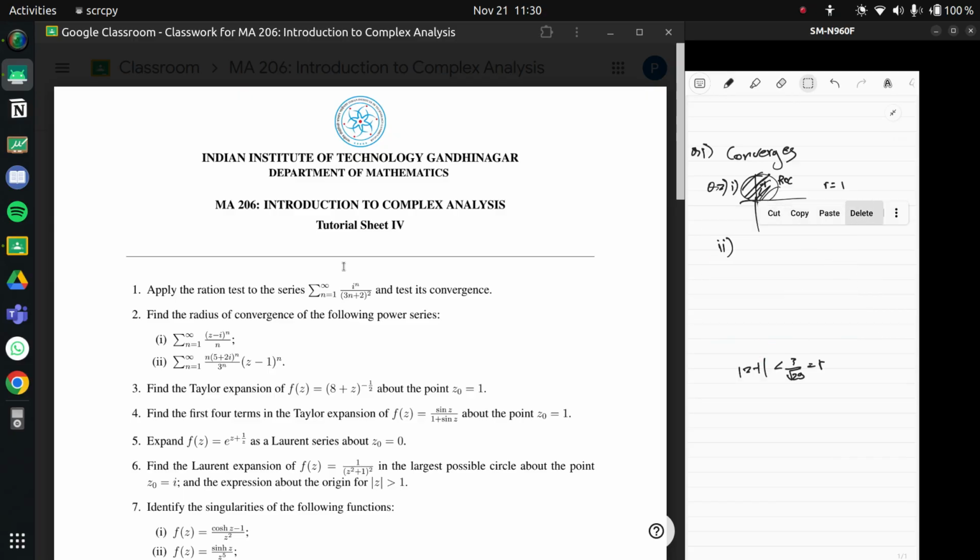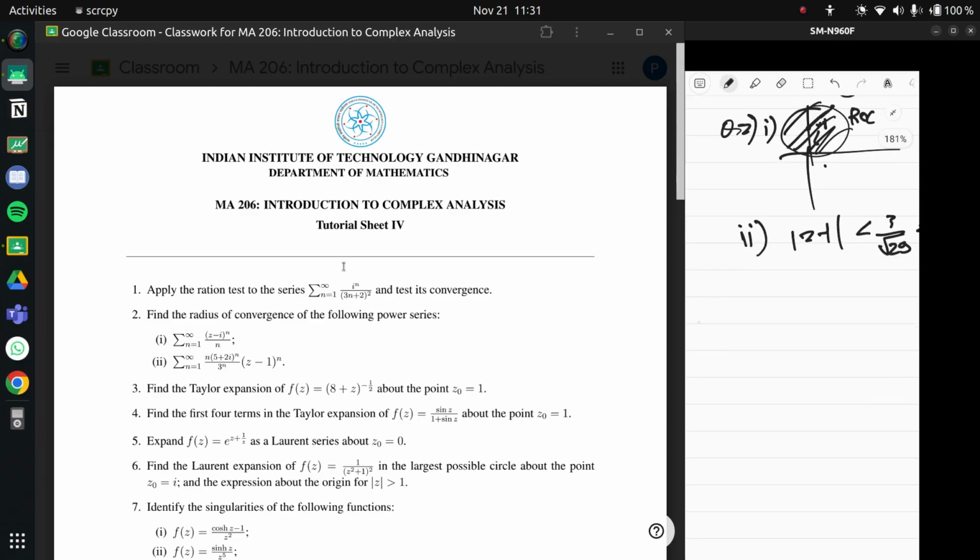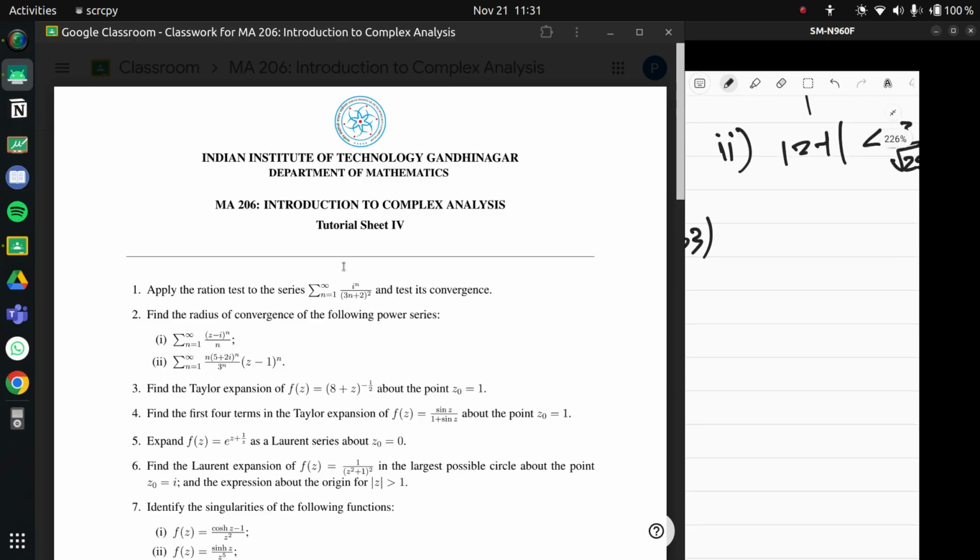Pretty straightforward so far. Nothing too complicated. Find a linear expansion of this function about points z not equal to 1. Okay, cool. So just as before, what we usually do is we break it up. So this just becomes,